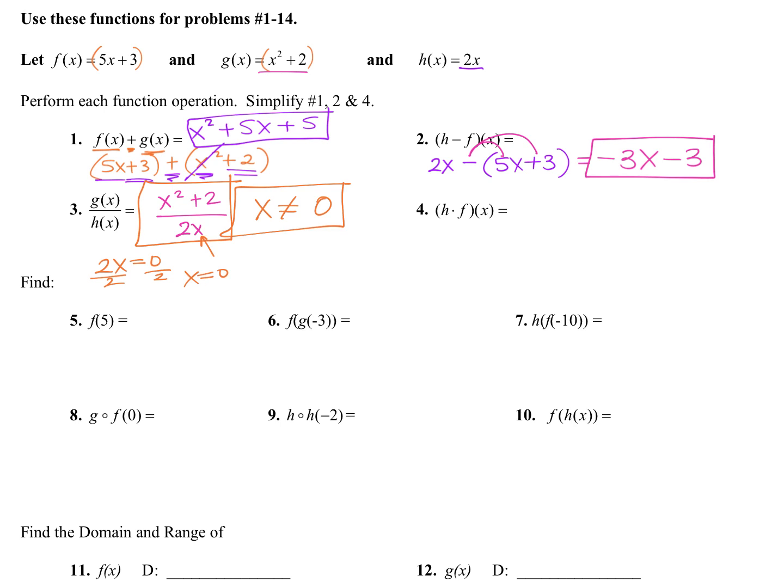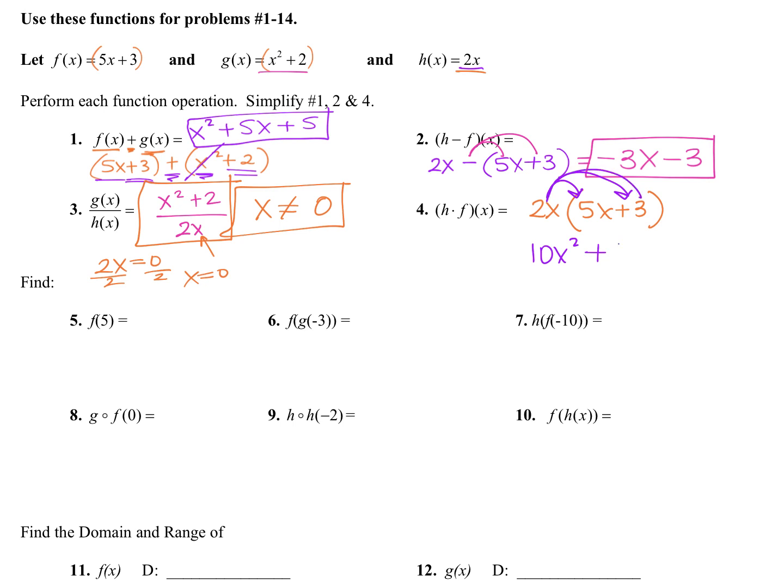Okay? Okay. Number 4, what are you doing there? What's your operation? Multiplication, yeah. So we're going to take h of x, which is 2x, times f of x, which is 5x plus 3, right? So we're just multiplying the two functions. What do you have to do? It's not a FOIL, but it's same idea. Distribute, yeah. So 2x times both things, right? 10x squared